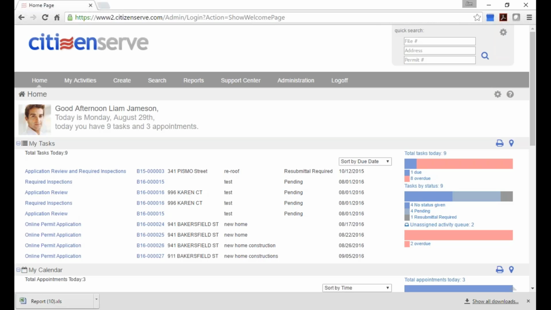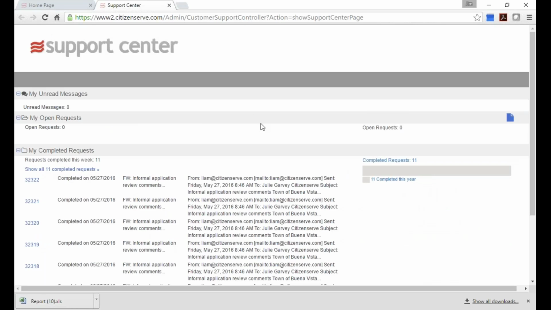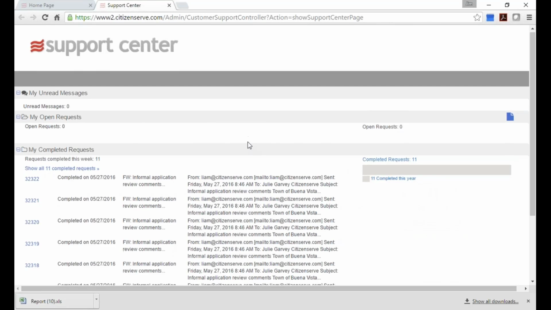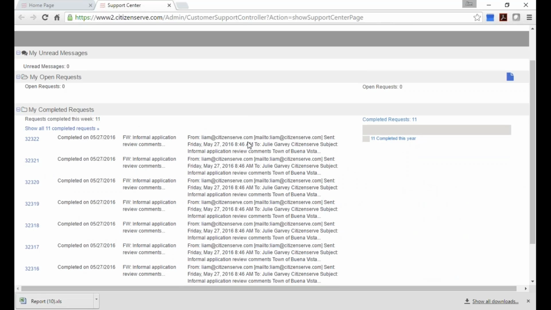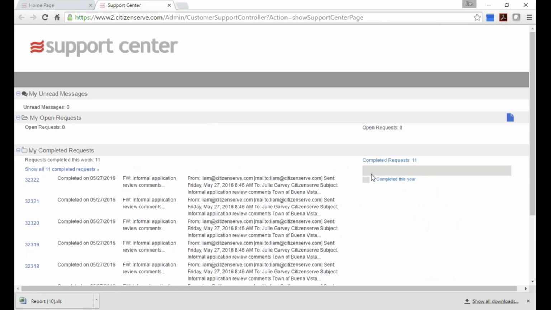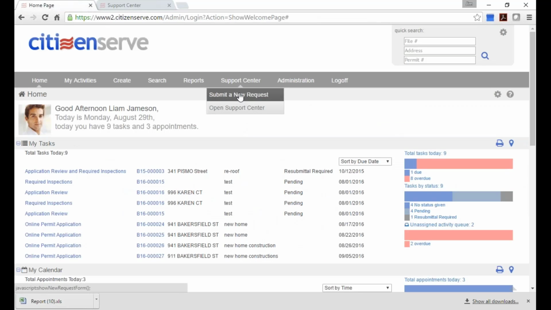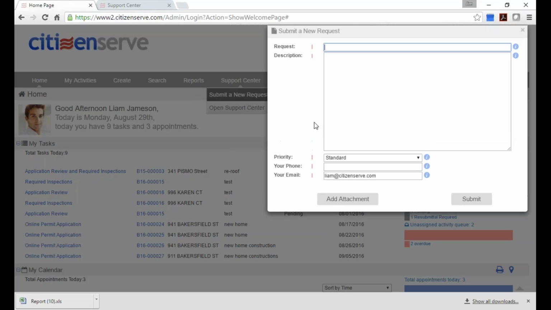You put it in online, and then they may call you, but we have messaging as part of our system. We put email. You can reply back. Here, can you show just the support center real quick? So the support center, you can log your request here. If I wanted to go back here and submit a new request,